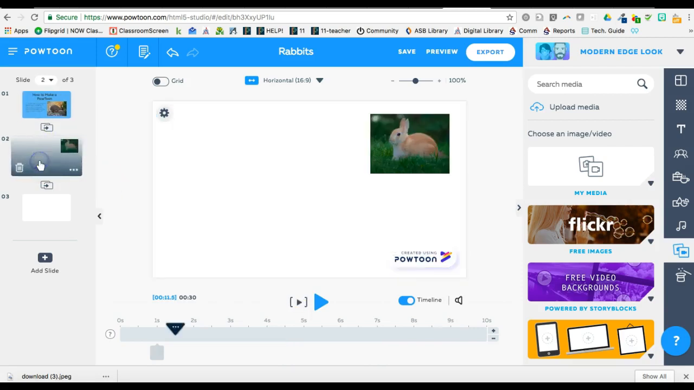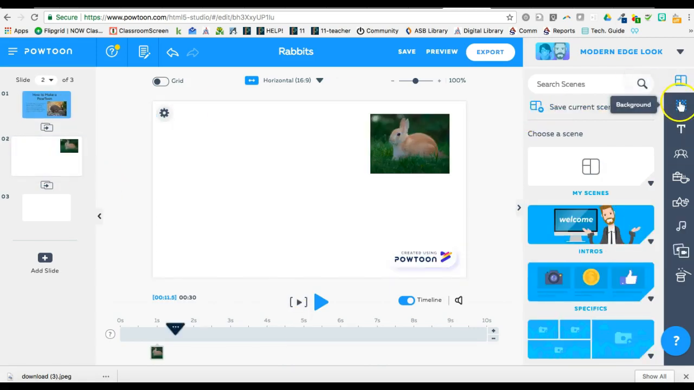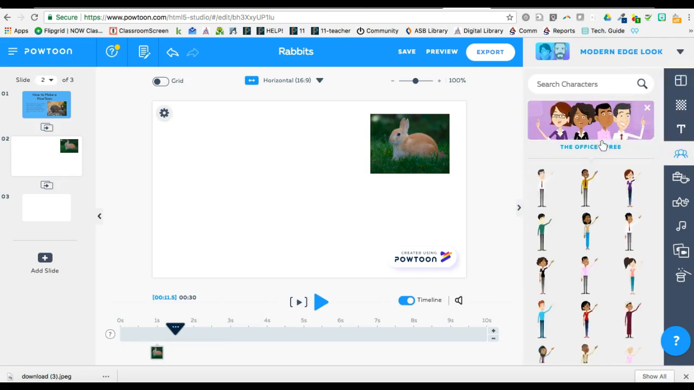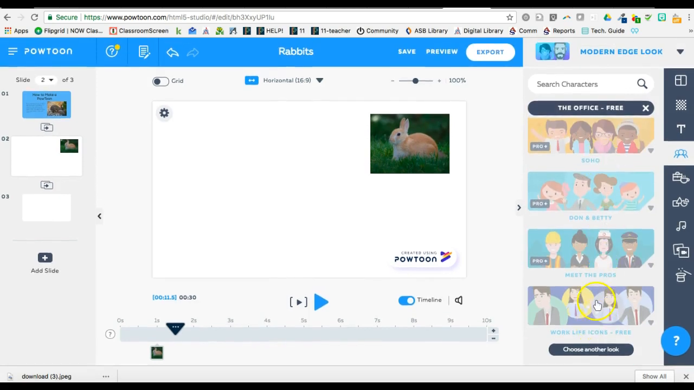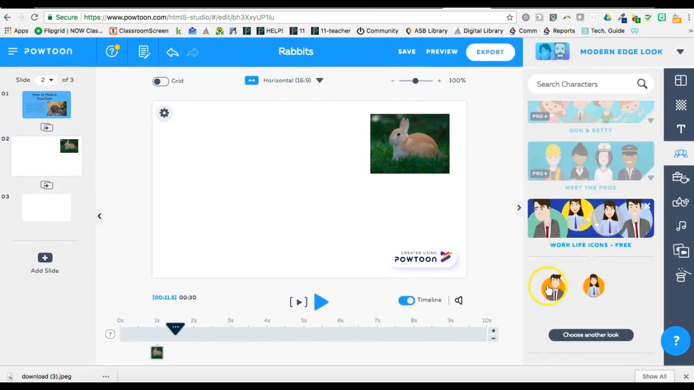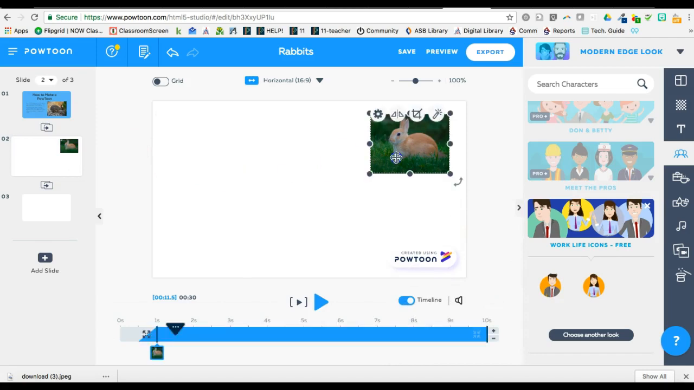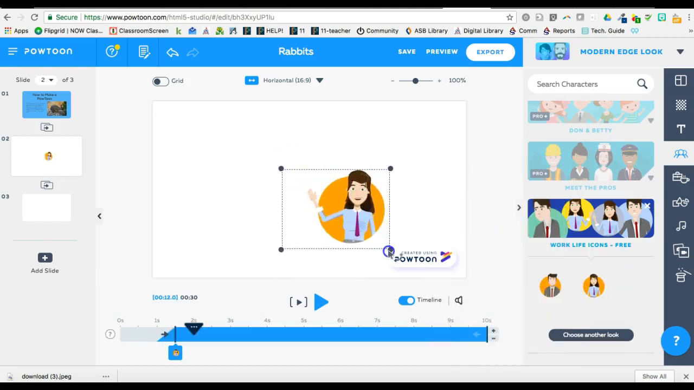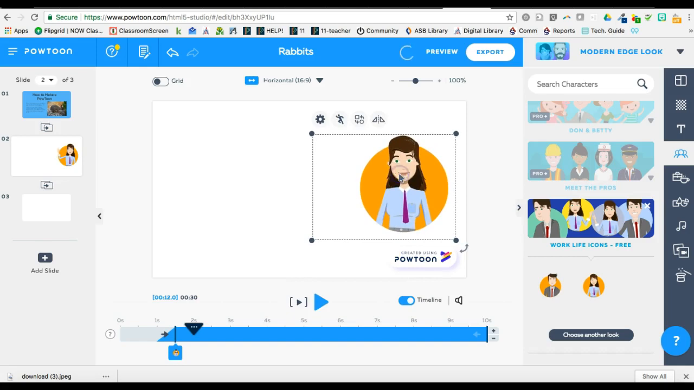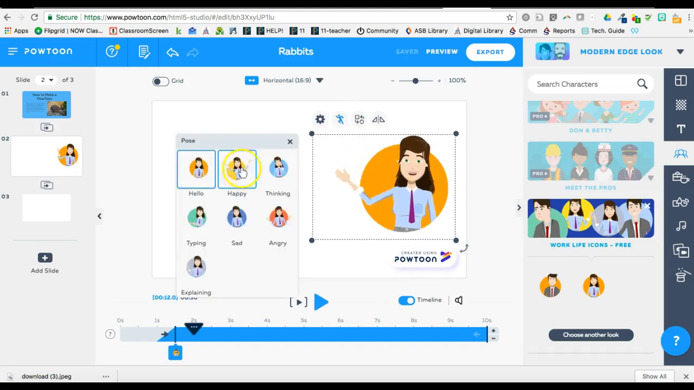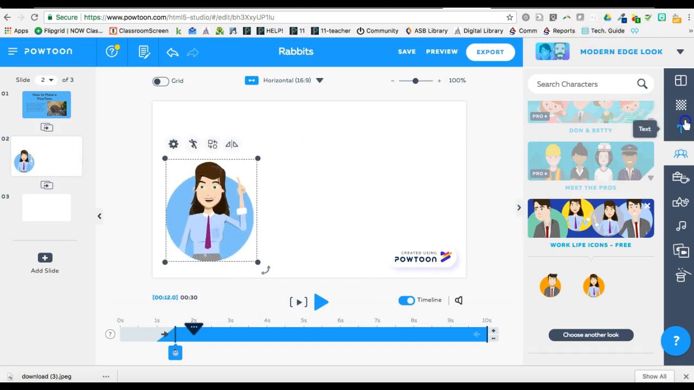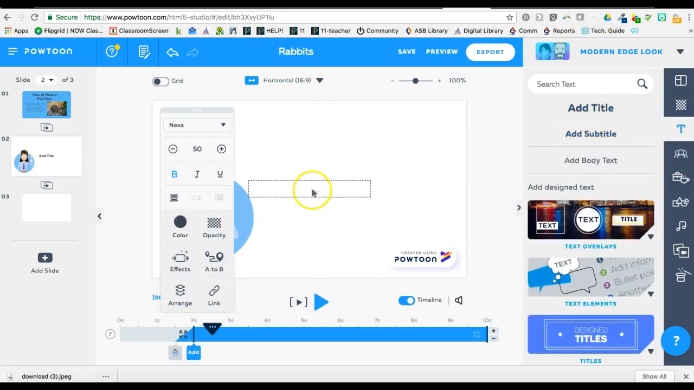Other features here on the side that you might be interested in knowing about: there are some characters. Now we have office characters that are free, and the very bottom one, the work life characters. If you'd like to use an icon like this on your slide, you may feel free to. You can select the character, resize her or him, and then you can also change her mood. Maybe you're going to say something that's puzzling, a fact that's puzzling, a did you know fact. So maybe on this one I would say, did you know